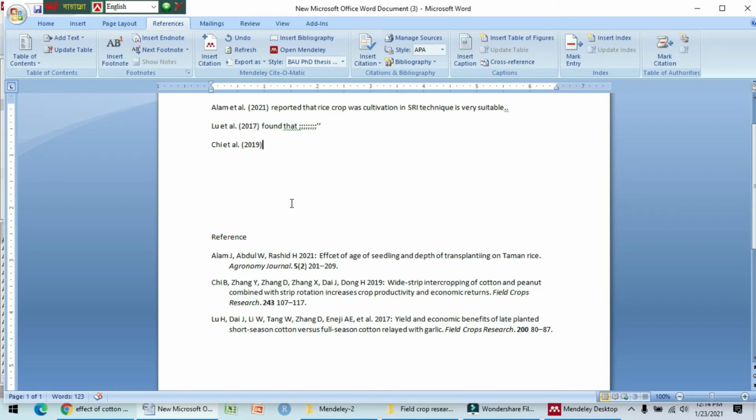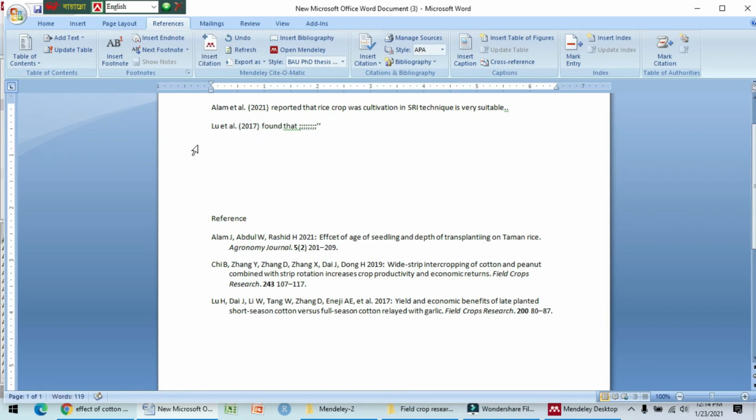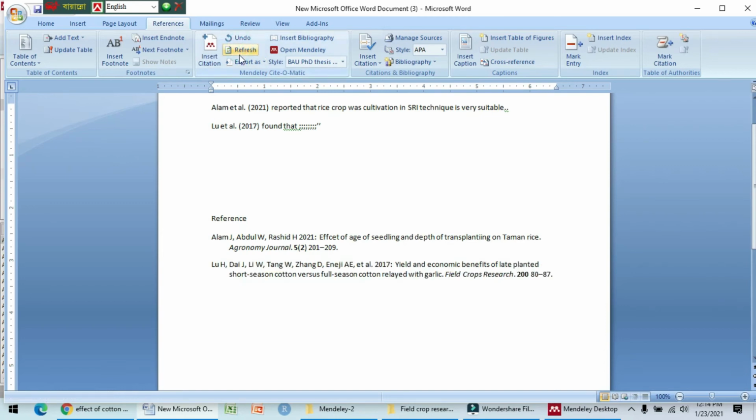So it is easy and 100% accurate for citation and reference correction. If you want to delete this option, you have to delete and refresh again, and the citation is auto created. Delete here, delete and refresh, and it is auto deleted.